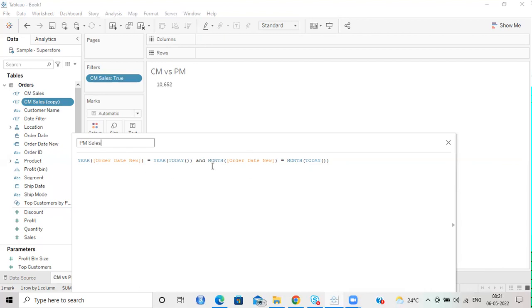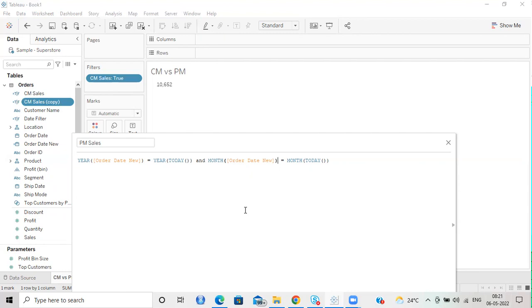And now I need to look at, okay, how many days have passed, right? In the current month, 6 days have passed, right? So I need to take that days from the current month,